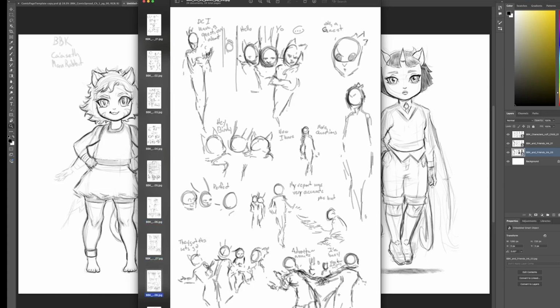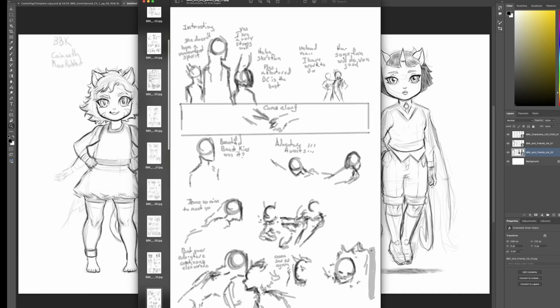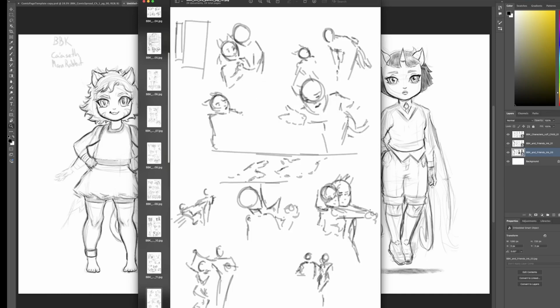So this is my version. These are really, really simple. It's pretty much just a step up above a stick figure, and stick figures can work. They can get your point across. I have the characters and the dialogue written, and I just made these in Photoshop. Nothing too strenuous. And I just moved through the whole book.